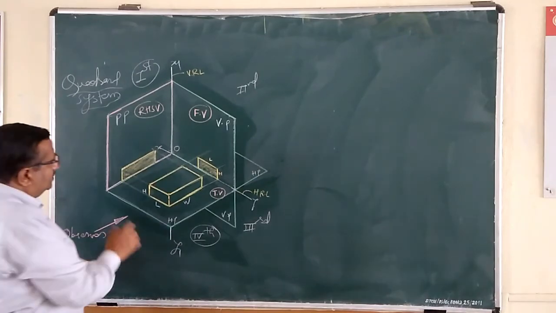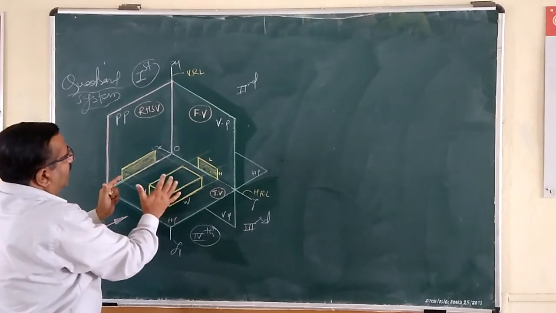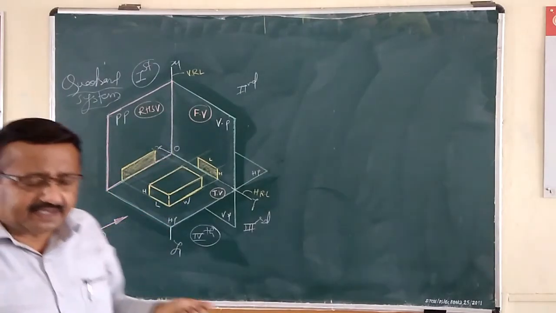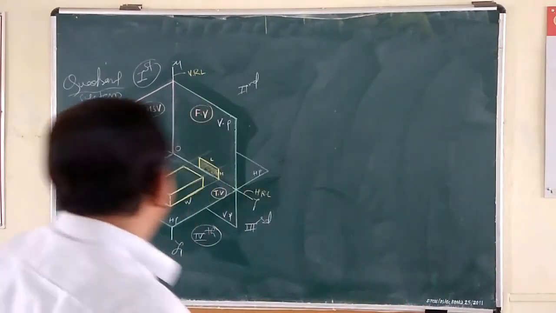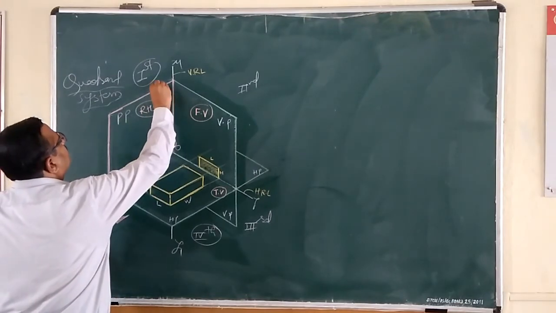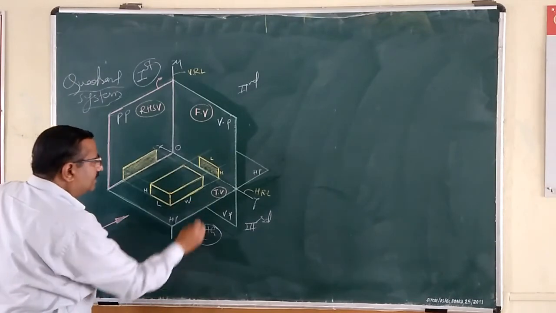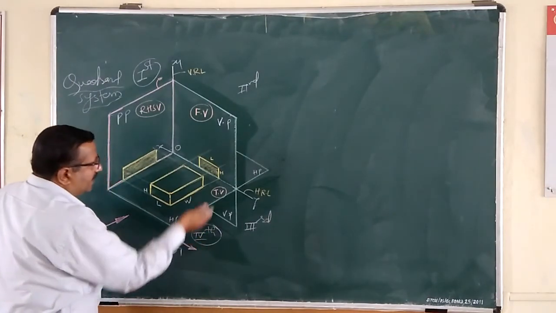Okay. Now we are going to cut this quadrant, and all three planes we are going to bring into a single plane. In what way? I will illustrate. This profile plane we are going to rotate in this way through 90 degrees. Similarly, the horizontal plane in the downward direction, in this way, we are going to rotate through 90 degrees.